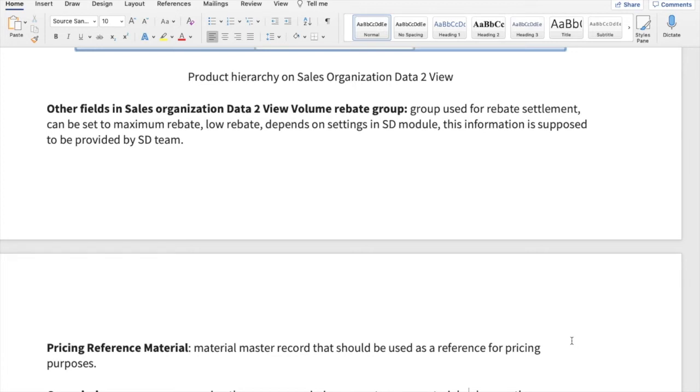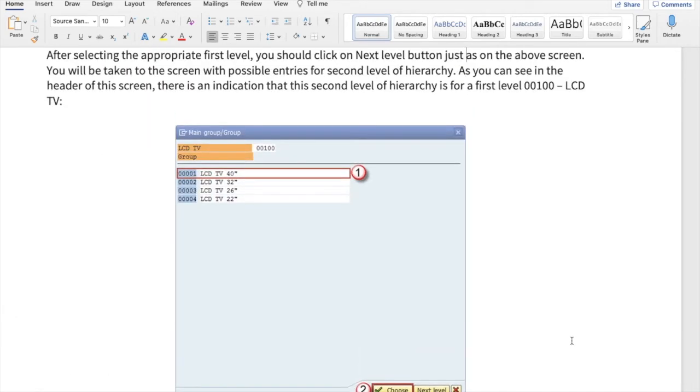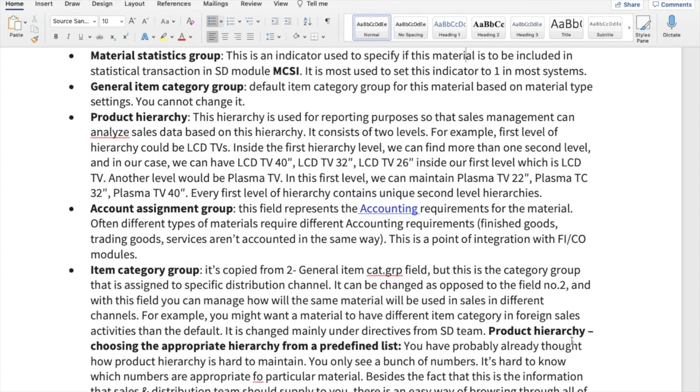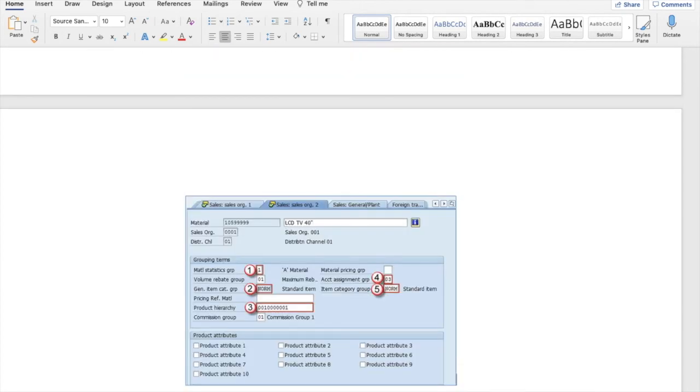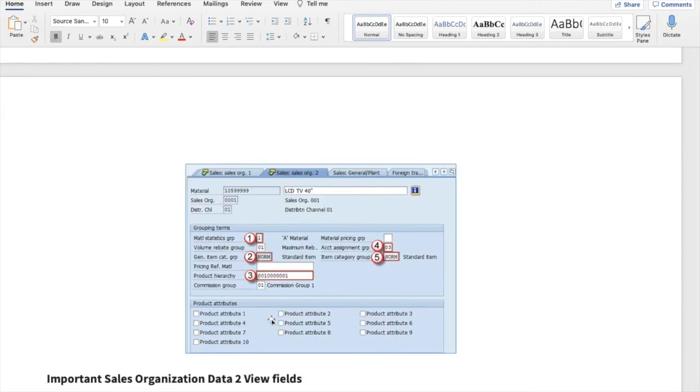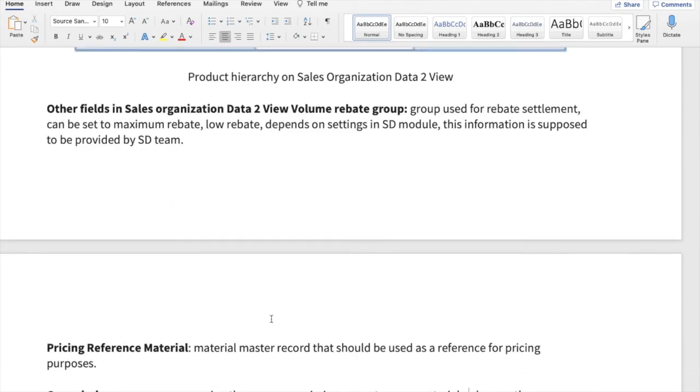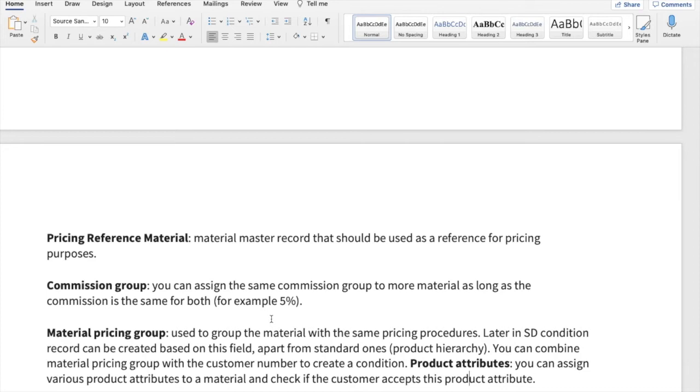You can also mention something called commission group. So what is commission group? I will show you where these fields are first, then I will talk. Give me a moment. So we'll come here. You see here it is already there. Commission group is if you choose that for this particular item, you can give a particular kind of commission to separate types of customers. You can create a table in SAP and refer to it for a particular customer, saying I am going to give this kind of commission.